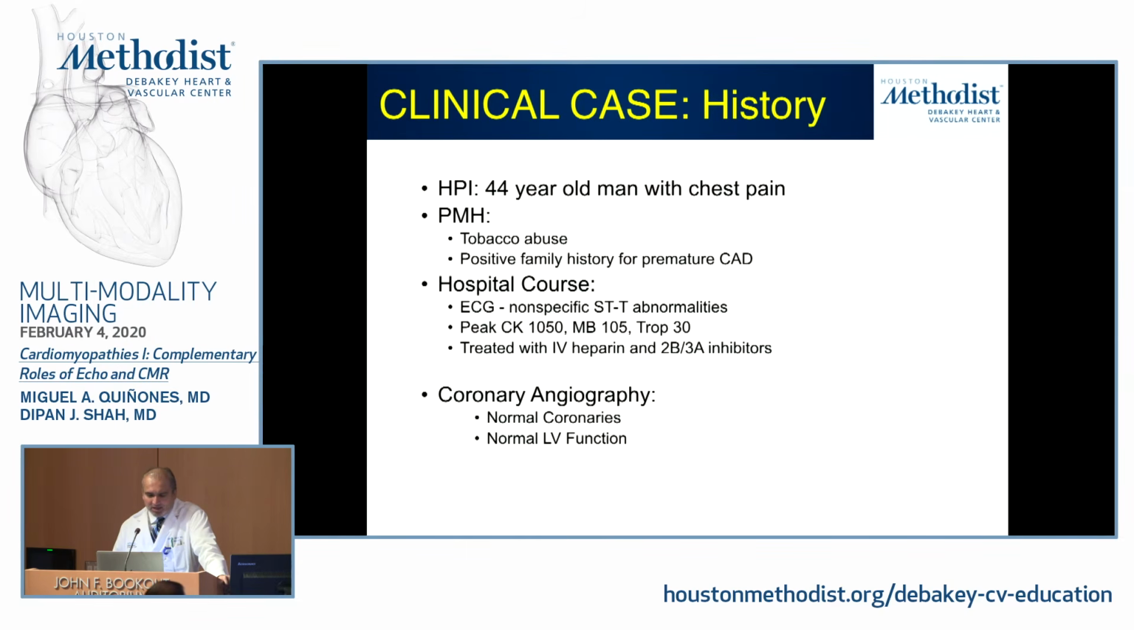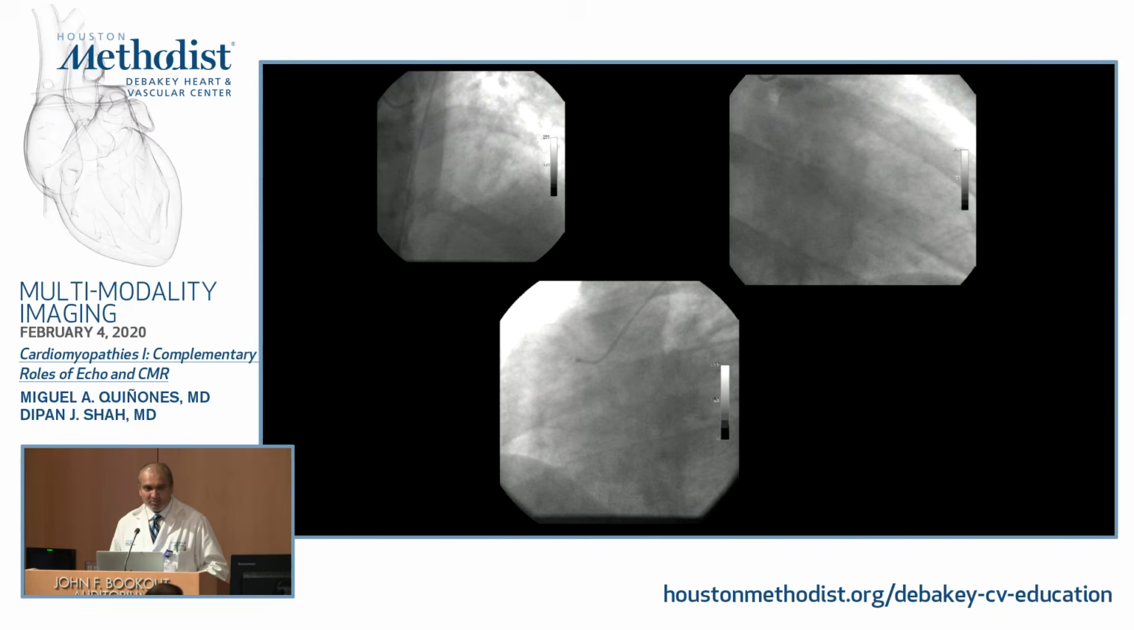Now, here's another case. This is a 44-year-old gentleman who comes in with a presentation of chest pain. He has a history of tobacco use and a family history of premature coronary disease. His EKG on admission, he comes in on Friday night, shows some nonspecific ST-T changes, but no clear ST elevation. He gets treated with medical therapy, has a peak troponin of 30 and an MB of 105, and then when he goes to cath Monday morning,